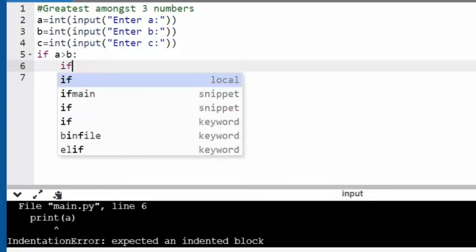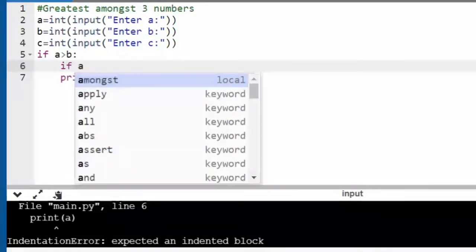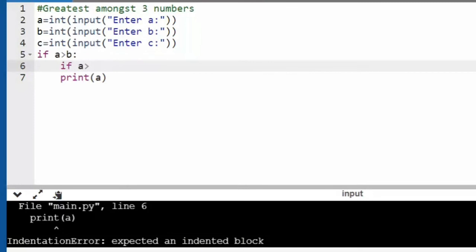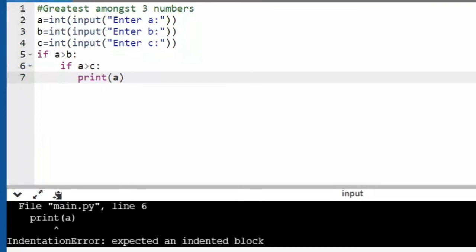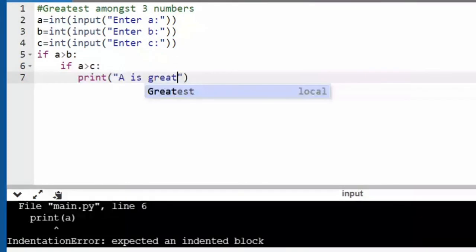If that condition becomes true, then I want to print that A is greatest, or I want to say A is largest. Whatever you want, you will be printing over here.